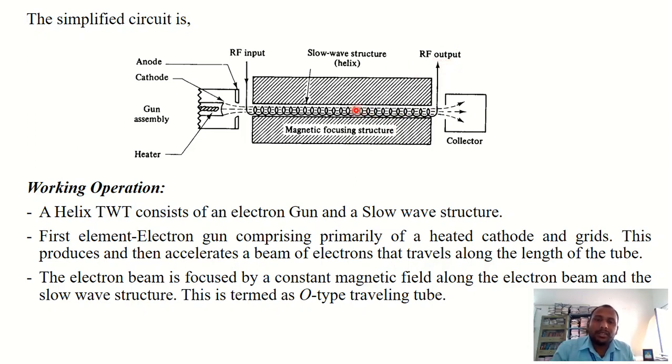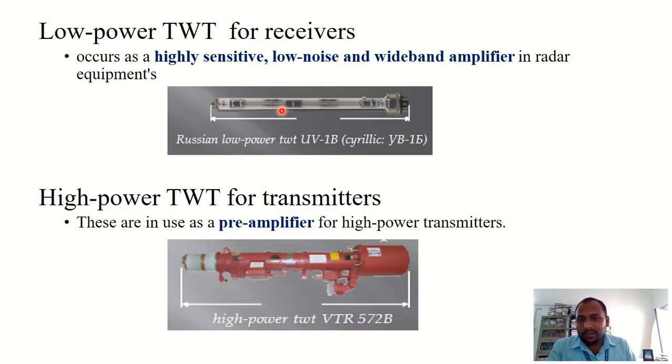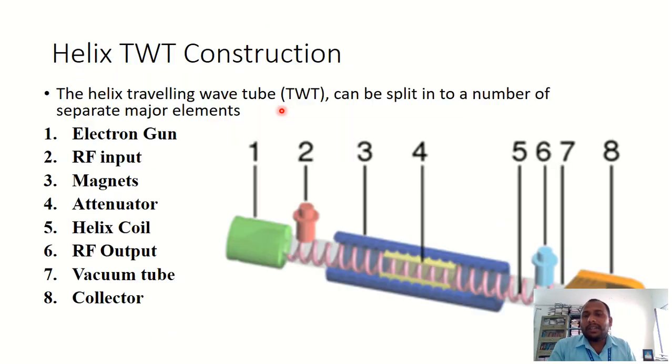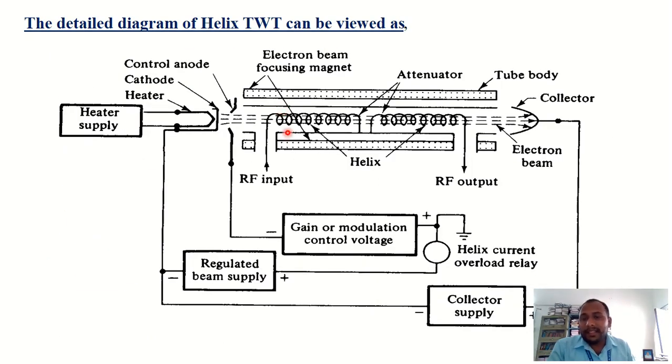And electrons slow down due to the attenuator, and those electrons are collected by the collector. So this is the operation of the helix traveling wave tube. Instead of using the helix, you can use other lines, other slow wave structures also, whatever we have discussed so far. Types of slow wave structures: you can use the folded back line, zigzag line, integrated line, corrugated, coaxial. But here particularly we have taken the helix line as a slow wave structure,